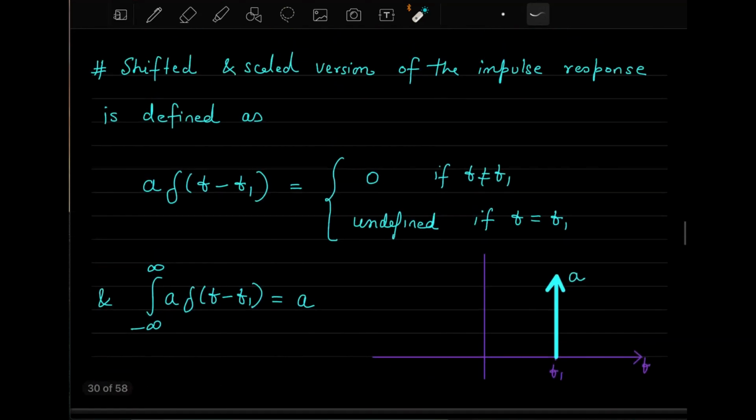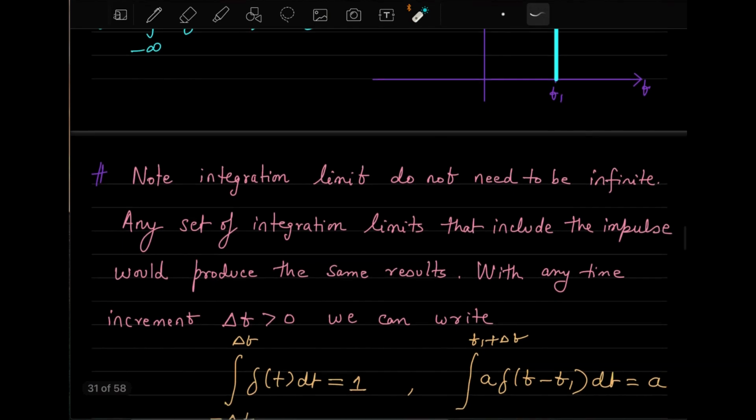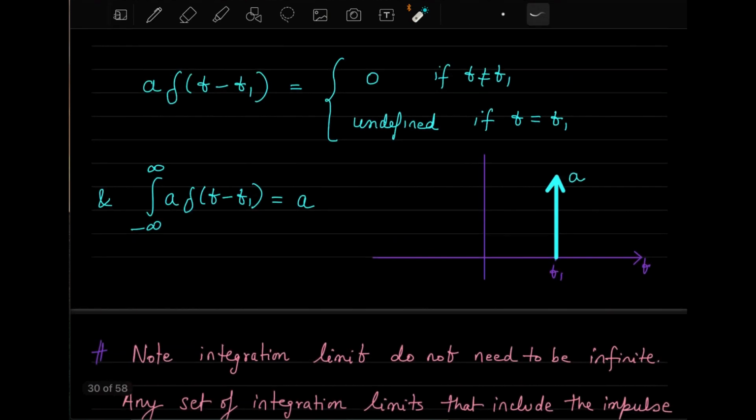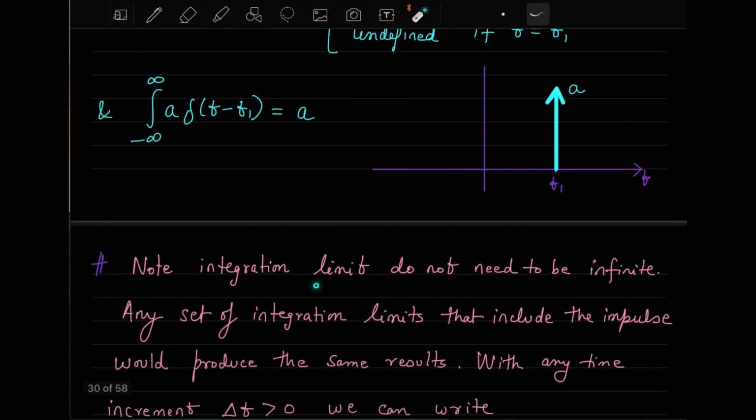The next important thing that I will discuss is the integration limits, that is from minus infinity to infinity. So we can discuss something about this. Note that the integration limits do not need to be infinite. It's not important that infinity and minus infinity should always be there. It can be some